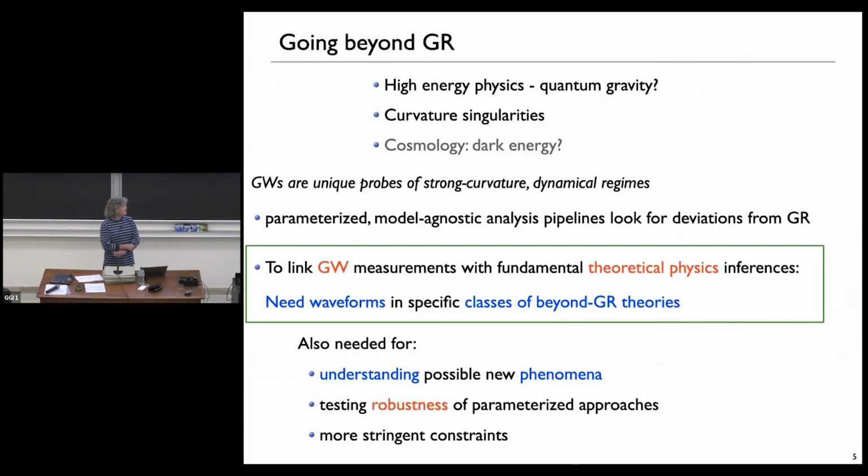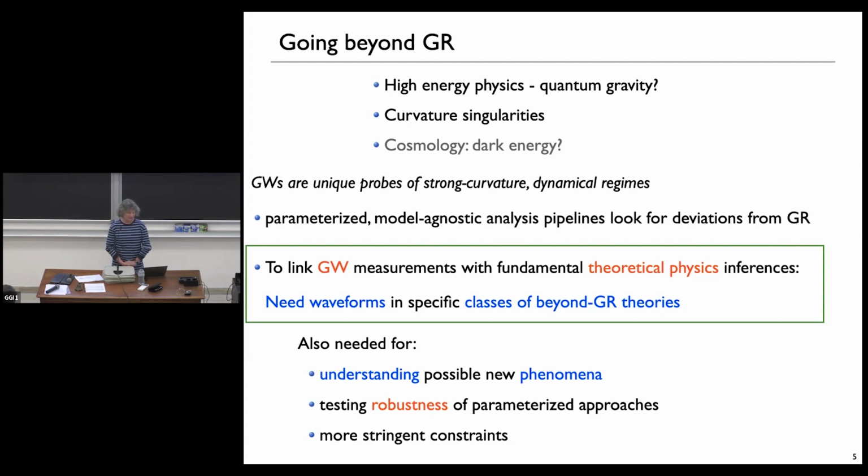In GR, these methods have been developed over many decades to really sort out all the subtleties of how to do it and make the connection between all these regimes in a mathematically rigorous way. But we also, of course, want to go beyond GR because we don't think GR is the ultimate theory of gravity. So we want to know, can gravitational waves at these scales accessible to them test for some signatures of